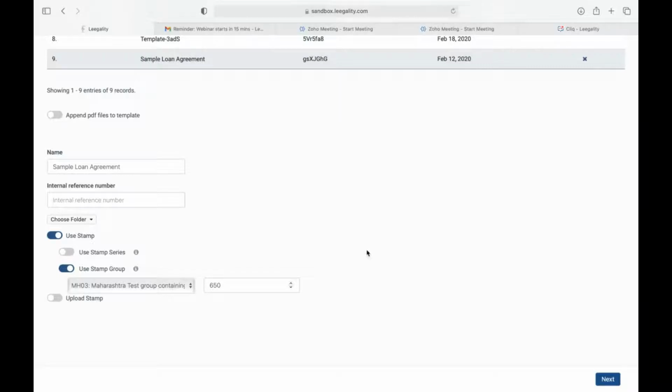Of course, if you provide a number for which the exact combination is not available given your selection of stamp papers in your group, then you may have to exceed the amount that you've specified, right? So for instance, the lowest denomination of stamp papers that are there in our group is 50, right? So if I specify 630, then the papers that will be selected will still be the same. It'll pick out a 500 rupee paper, it'll pick out a 100 rupee paper, and it'll pick out a 50 rupees paper. So the balance 20 is still an excess amount that will get used up because the lowest denomination in your group is 50.